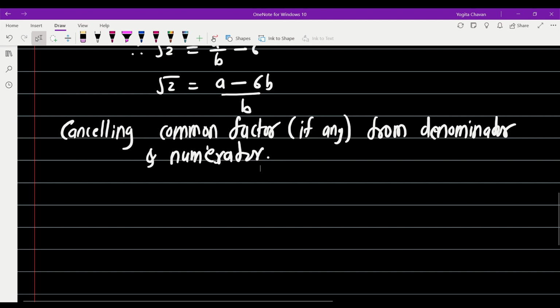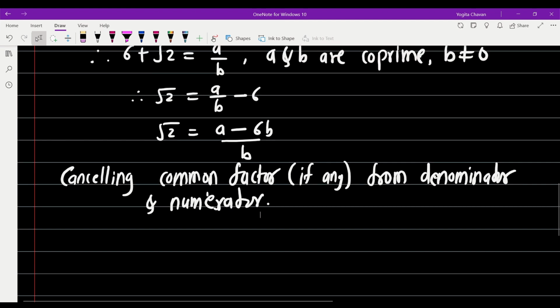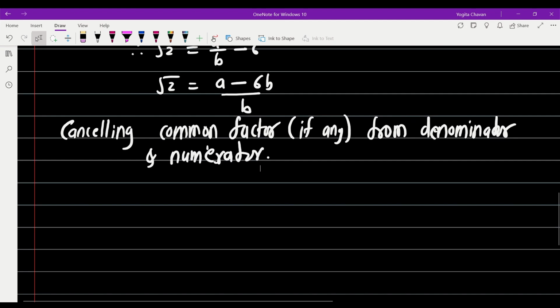That is, if there is a common factor between a minus 6b and b, cancel it, we get new numbers x and y such that root 2 is equal to x upon y,